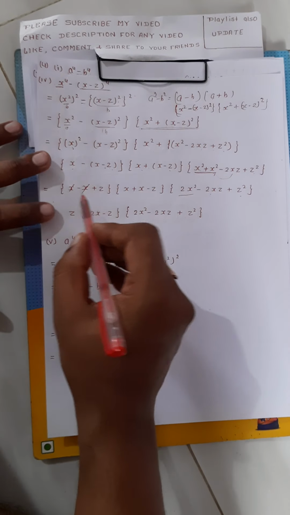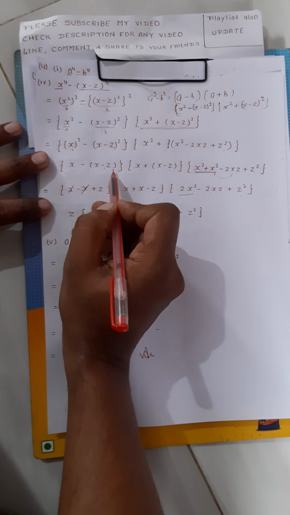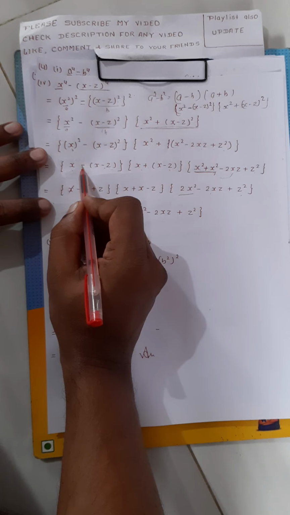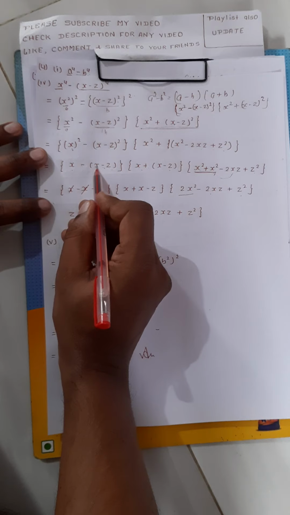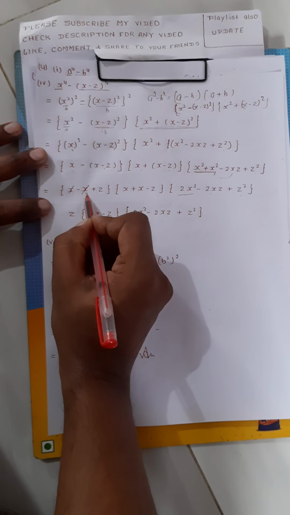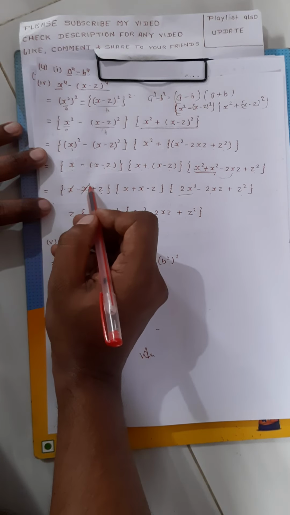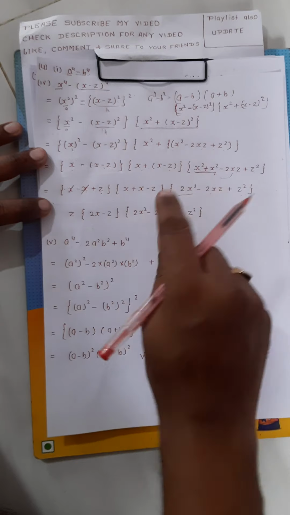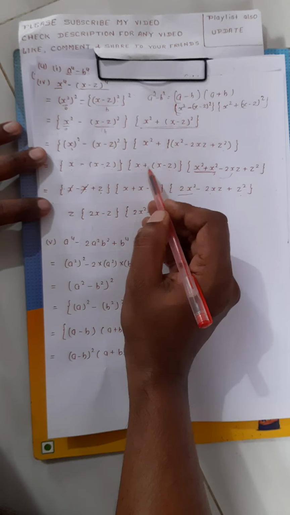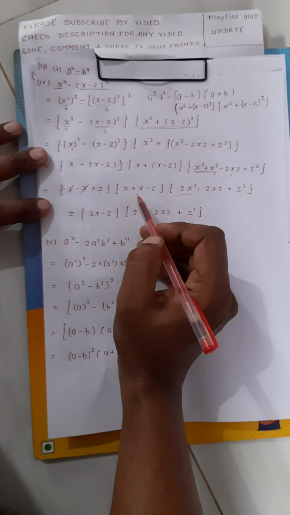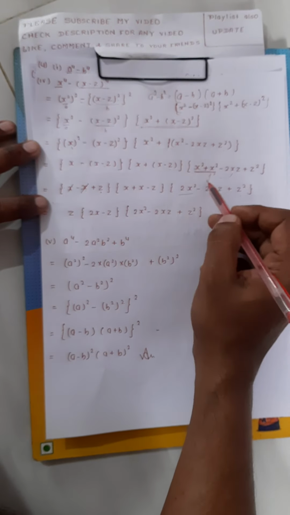Okay, now if you will remove this bracket, since the minus sign is outside the bracket, it will change this sign and this sign, so x will be minus x and z will be plus z. Since it is plus sign and minus sign, both will be cancelled. And here the plus sign will not change, because outside the bracket there is a plus sign, so this will be x minus z directly. Okay, this we have written down directly.